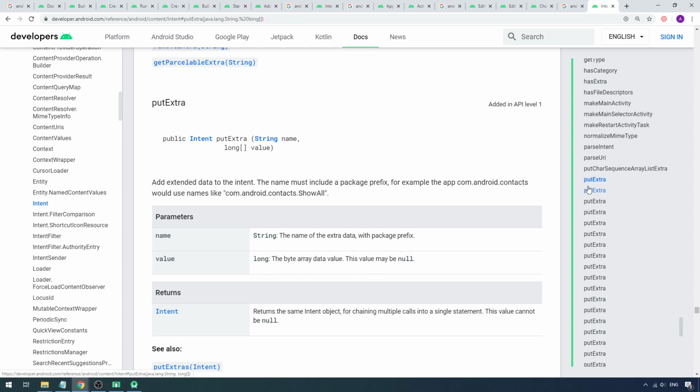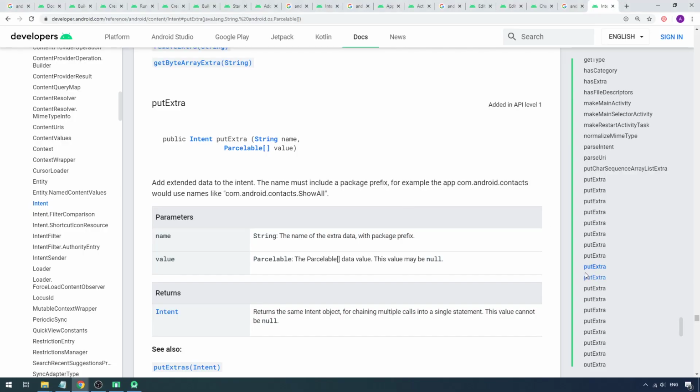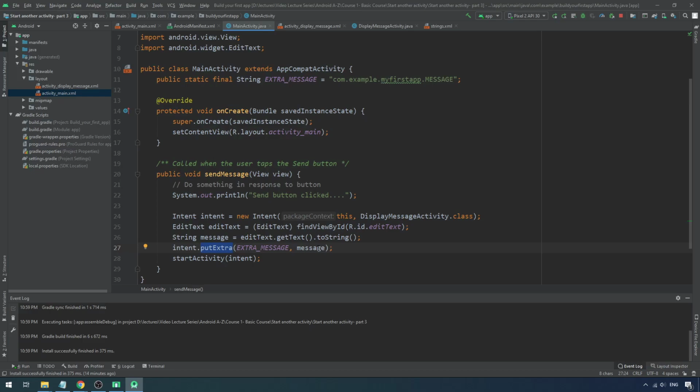So putExtra is overloaded where you can put a long array as the value or byte as the value or a double array as a value. So it's an overloaded characteristic. Always the first one is the key, right? So now the putExtra method is overloaded and you can put a value of a different data type because it's overloaded. So when you put the string, there's a method to accept a string as a second parameter.